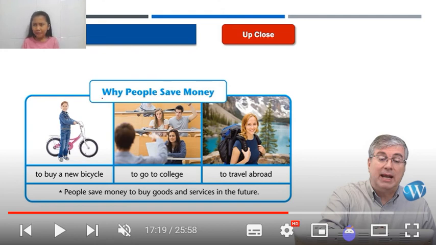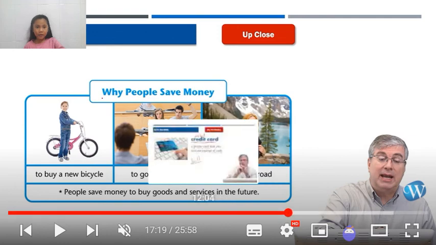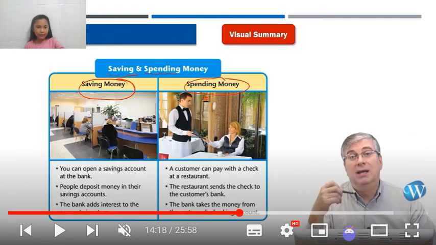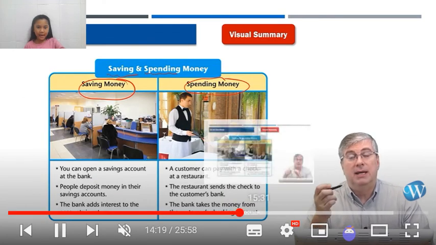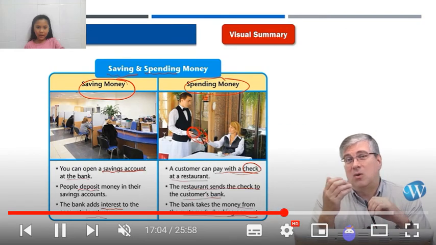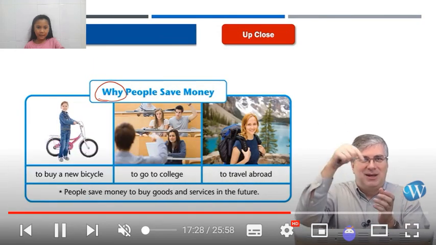Maybe I save for all my needs and wants, or maybe I will save for my new costume for Ted. I don't know. Well, those are different reasons why people save money. Okay, well, today we've learned about how to save and spend money and why people save their money.